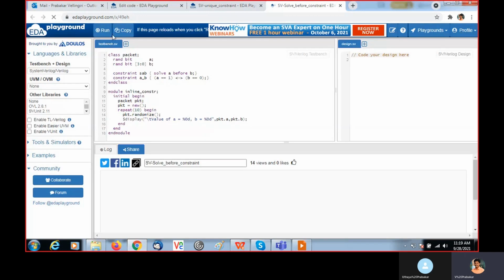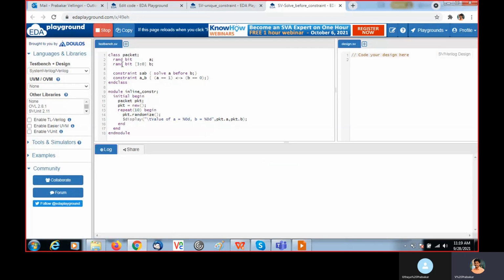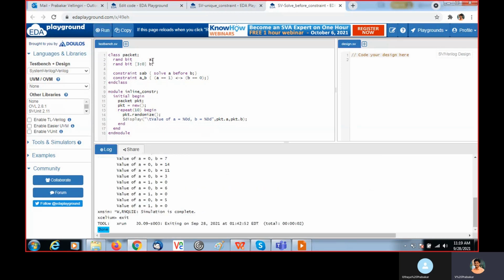So here is an example for this. Rand bit A, which is declared as rand, then 4-bit B, also declared as rand. Here the constraint applied is A equal to 1 implies B equal to 0, a bidirectional implication.